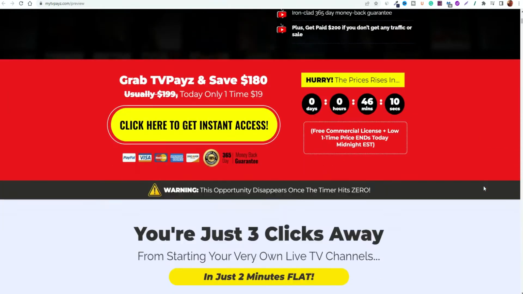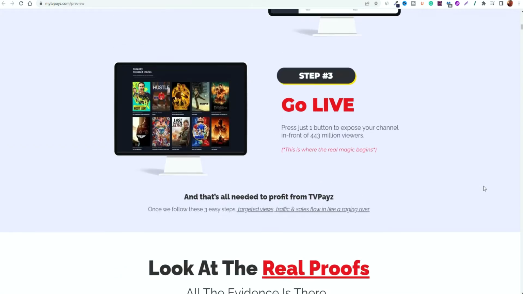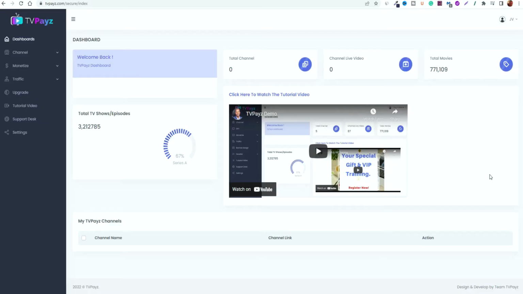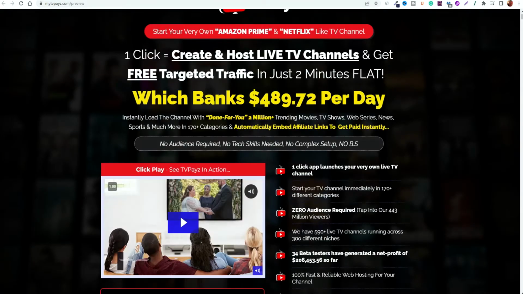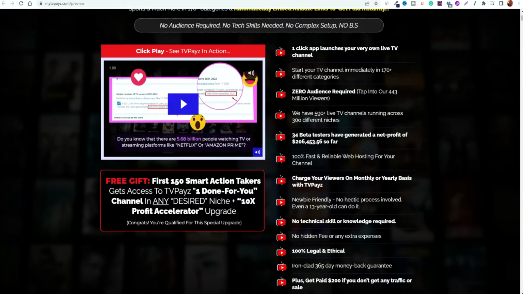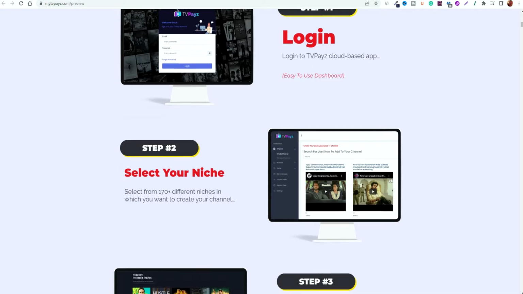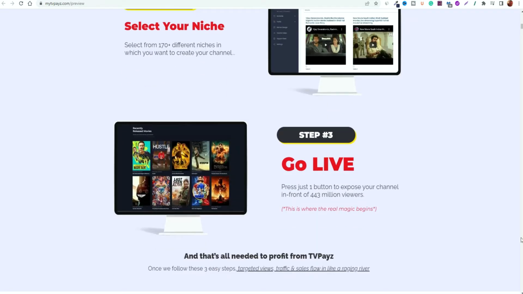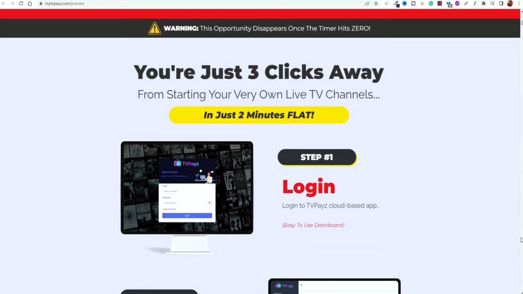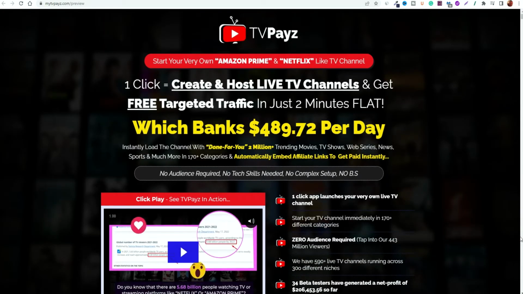So we will just have a quick look over the initial ideas behind the platform and what it's expected to do, and we will just dive into the members area just to show you the tools and features inside. Essentially this platform is supposed to guarantee that it sets up a clickable app site in only a few clicks that allows viewers to watch videos and even potentially movies, that you can share to other platforms and social media, and in turn can generate an income for you.